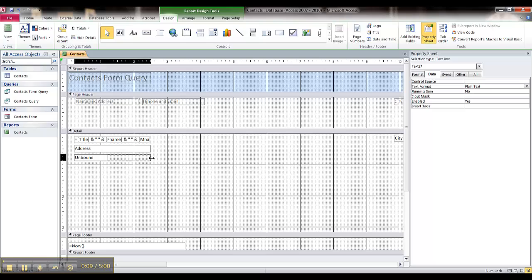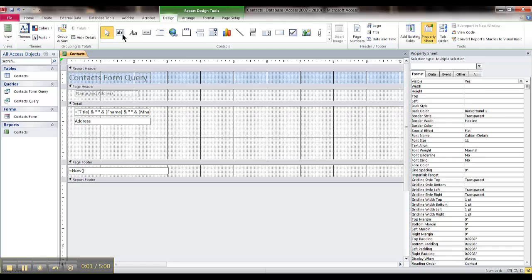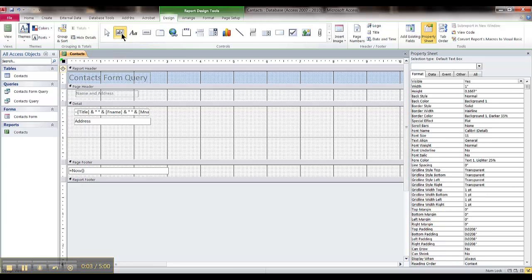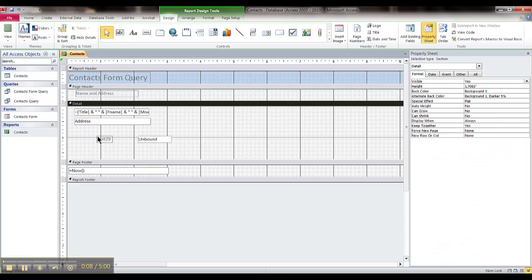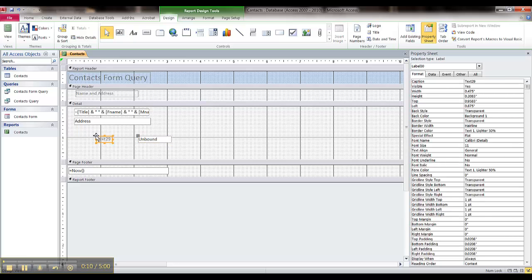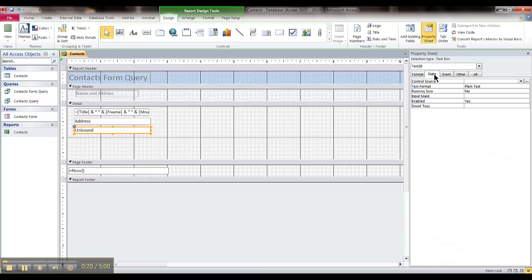So we'll resize the box, go up here to our control source. So to concatenate the rest of the address, we're going to pick our text box, put it here. We're going to get rid of our label, move our unbound box to where we want it to be, stretch it wider, and then go over to our data section under our property sheet, and we'll put in the code. It will be equal, open brackets, city,